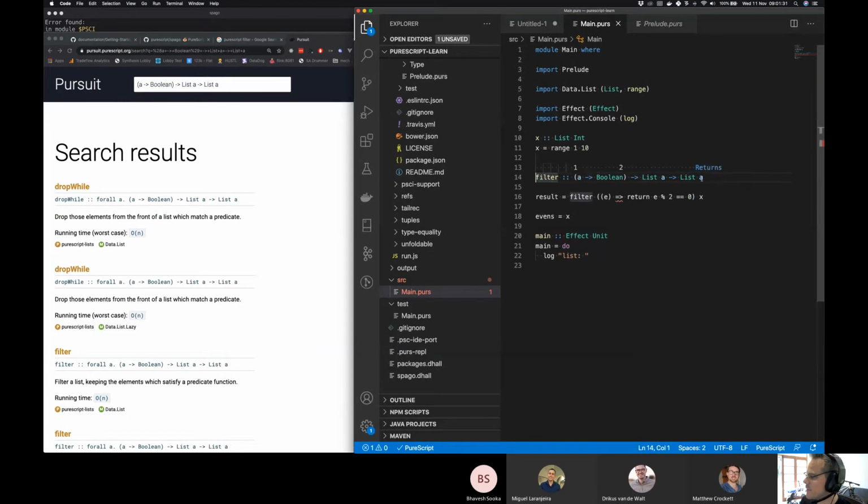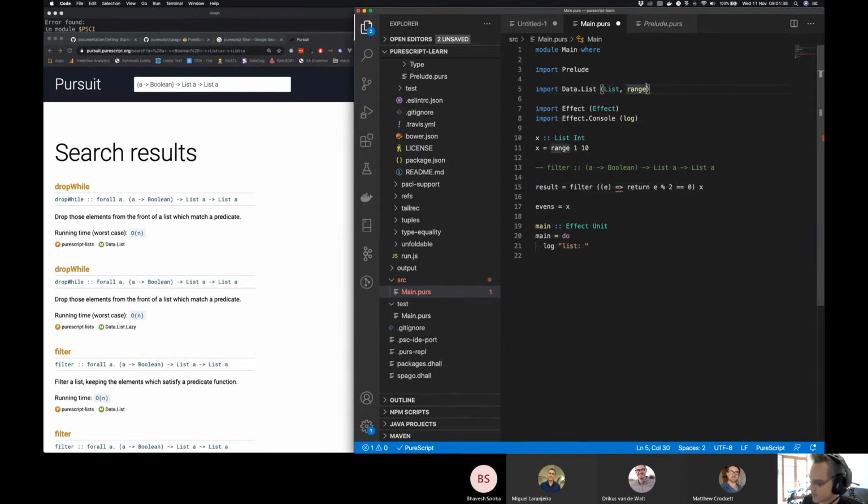All right, so let's just do it. We've got this cool little definition. I'm not going to define that one because we're going to import it from Data.List, filter, right? And we're going to call filter. This is JavaScript. We can't do that. I think in PureScript it's similar syntax, except we don't use a bracket, we use a backslash at the beginning. And I think we will use an arrow, and I assume there's definitely no return keyword. If I save that, does that work? Yes, except it doesn't like modulo.